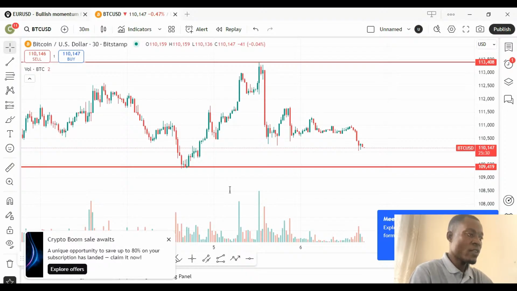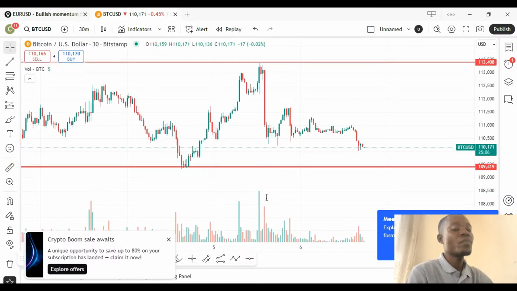If you are not an experienced trader, you need to avoid trading high impact news. Also stick to your trading plan and avoid impulse entries as well. Make sure you backtest what I'm going to teach you, so that it will help you to know when to enter the market and when not to enter the market. And that is going to make you more disciplined, more profitable, and that is going to change your entire trading